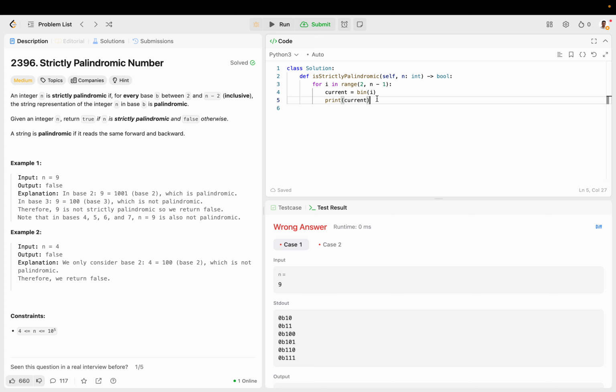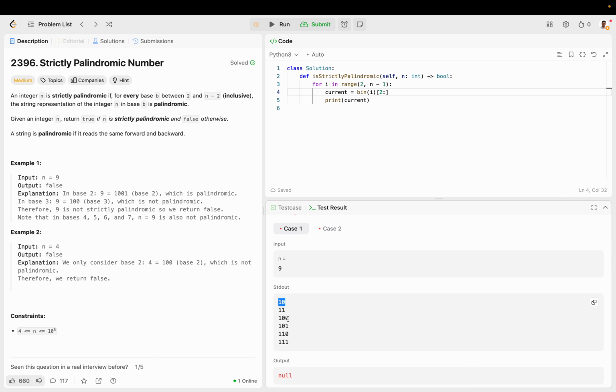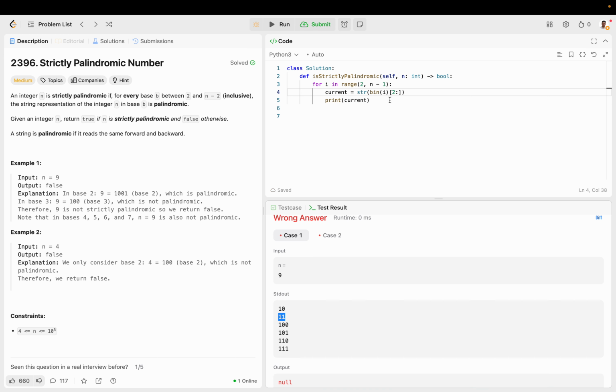Let's also slice from index 2 to the end, because we don't care about the first two characters, the 0b. Now let's make this a string so we can use the technique I told you about before, where you reverse it and see if the reverse equals current. If it's not, then it's not a palindrome. If it is, then it is a palindrome. So if current is not equal to current reversed,